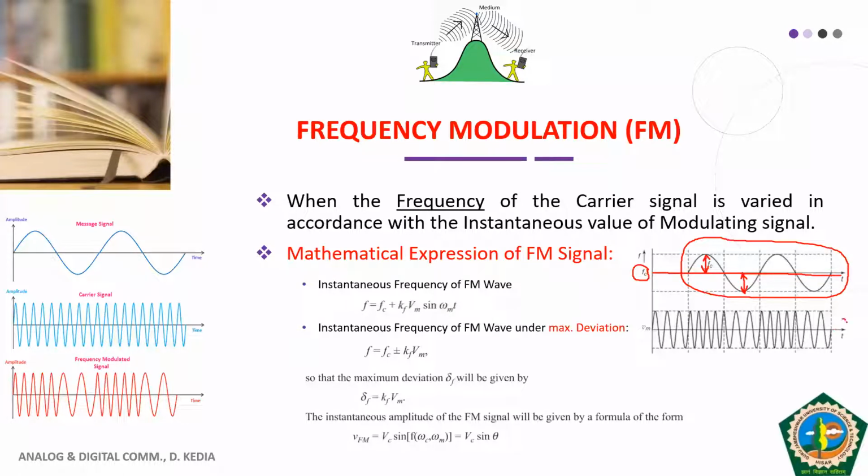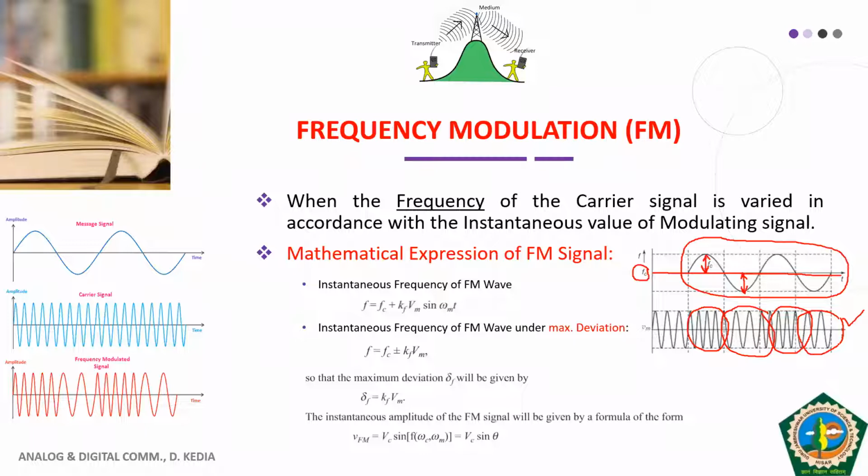Okay, and this FM signal, frequency modulated signal, has been shown here just for your reference. Here your carrier frequency was increasing, so you can see that here the carrier is compact. Here the carrier is not that compact because frequency has decreased. Here the carrier has again become compact because of increasing frequency. Now again the carrier frequency has become less compact. So I hope you have been able to understand how your carrier frequency is changing with respect to the instantaneous value of the modulating signal.